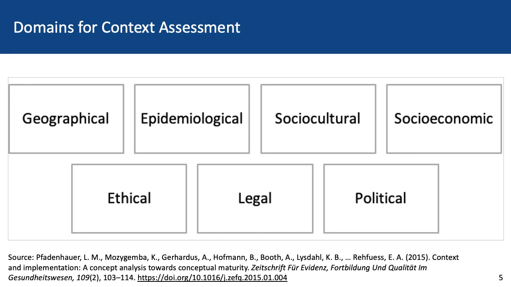Now, here we have a guidance to help us do a proper context analysis. Basically, reviewing 7 contextual domains which have been shown to be important for policy engagement. So, first we have geographical. This refers to the broader physical environment, landscapes, and resources, both natural and transformed by humans, for example, infrastructure. And then we have epidemiological. This refers to the distribution of diseases or conditions, the attributable burden of disease, as well as determinants of needs